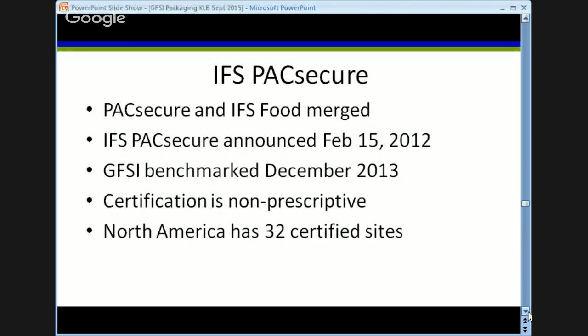Certainly certification to the standard is non-prescriptive. This particular standard does include, especially for companies who are starting out, if you're a smaller to mid-sized company and you do not have a HACCP program currently in place, so you're starting with HACCP, this standard does contain templates that can be used to help you to document and identify any hazards as well as critical control points in your particular facility. So this particular standard is certainly very helpful for companies that are starting out with little to no background training or knowledge when it comes to food safety